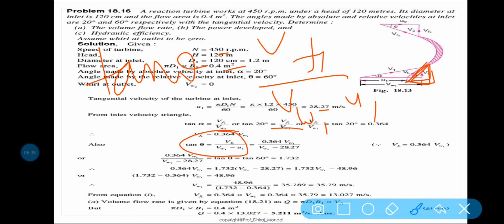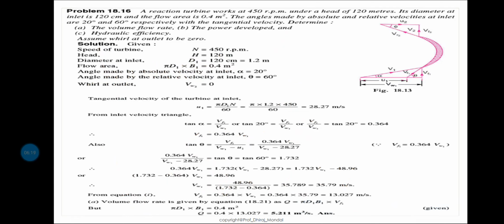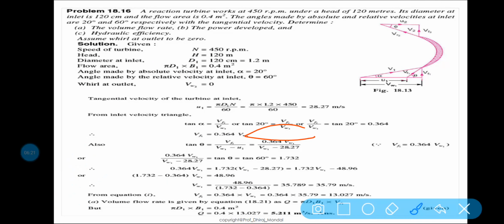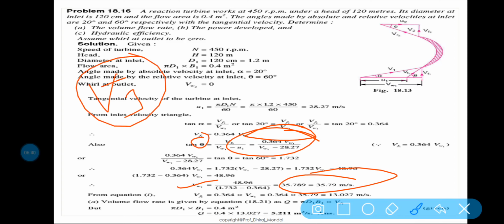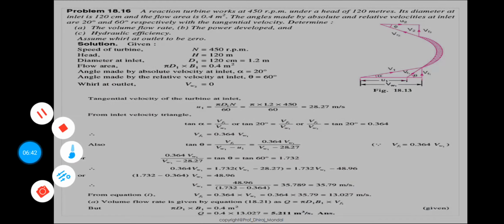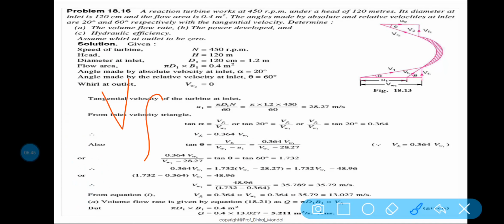Now this VF1 can be written as 0.364 VW1, because VF1 is equal to tan alpha into VW1. So put the value of VF1 here, and you will be getting it in terms of VW1. Ultimately, you will be getting VW1 as 35 point something, because the only unknown is VW1, because theta is equal to 60 degree and tan 60 is equal to root 3. Clear? Okay, now if it is clear, then we can easily find out VF1, because VF1 is equal to